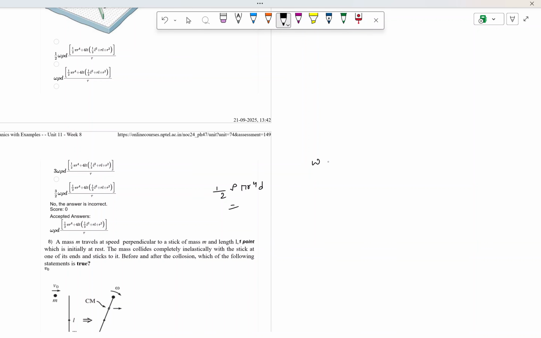Because omega equals alpha tau. So in this case, it will be half rho d